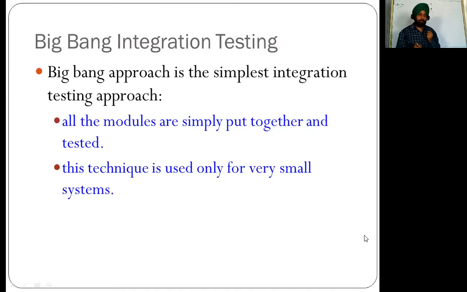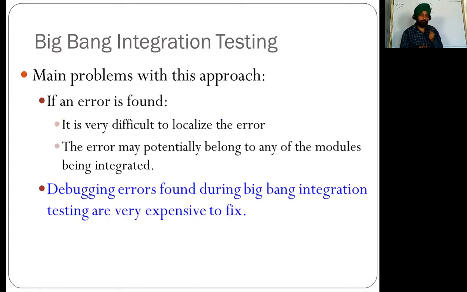So this technique is used only for a very small system. It is good when your system is very small and has a limited number of modules, so you can easily check if there is an error in any of the modules. It is only suited for small systems. If the system is very large, it will have many modules, so your code will be very large. If there is an error, identification or tracing of the error will be difficult. So it is suited where the system is small, meaning the modules are very few and the coding is less. Next.